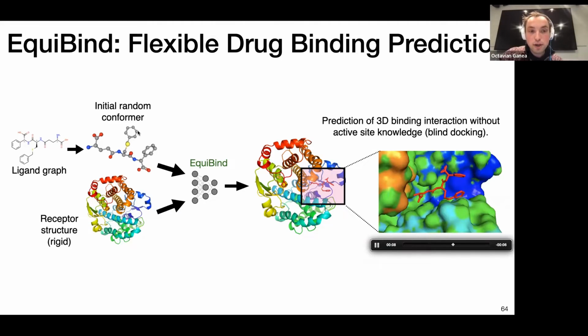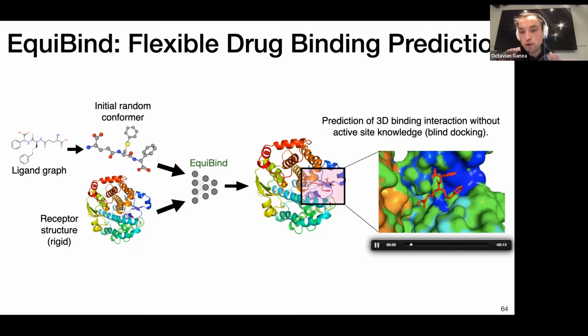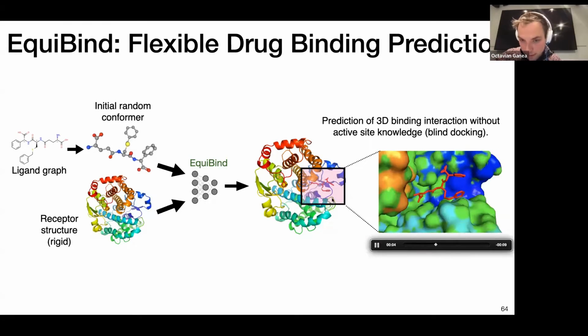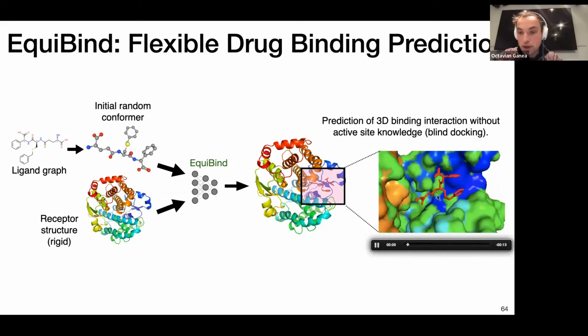We have an initial random RDKit conformer, and we're going to model flexibility of it. We're going to model three aspects. We are going to model where the drug binds, so the binding location, it's again the blind docking problem. We're going to model the orientation and the location,